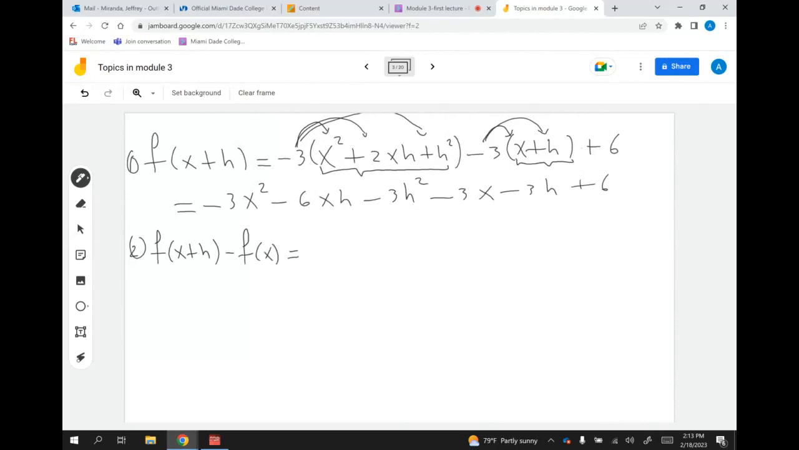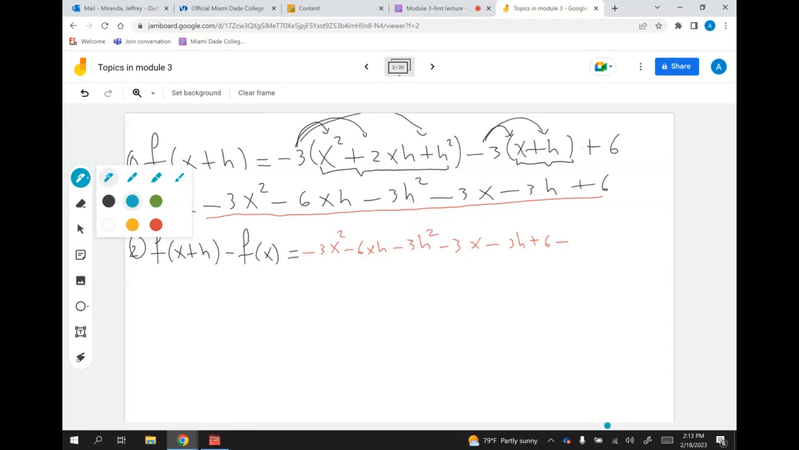Okay. There. I'm going to use two different colors. I'm going to use red for all of this. Oh my goodness, I don't know if I can fit all of that stuff, but let's see if I can do that. Negative 3x squared minus 6xh minus 3h squared minus 3x minus 3h plus 6 minus,